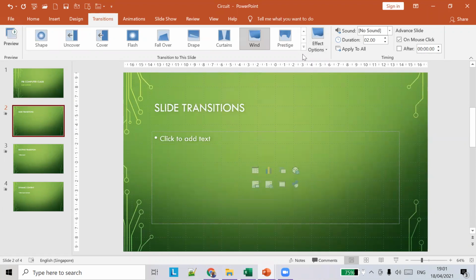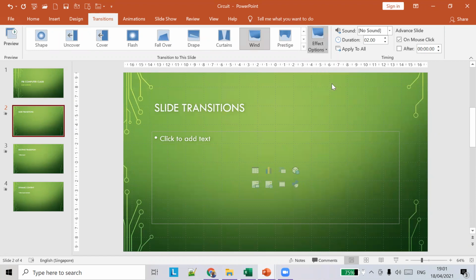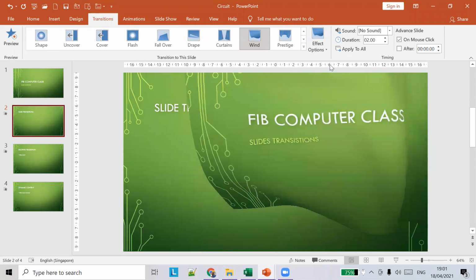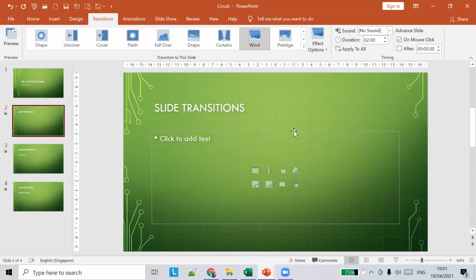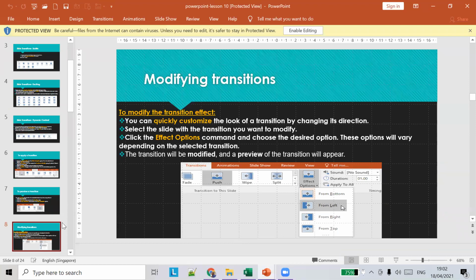Effect options are available for every type of transition that is available here. So for crush, it moves from left to right or right to left. Based on the option, the transition effect changes. So this is how you modify an existing transition. So you guys got it.